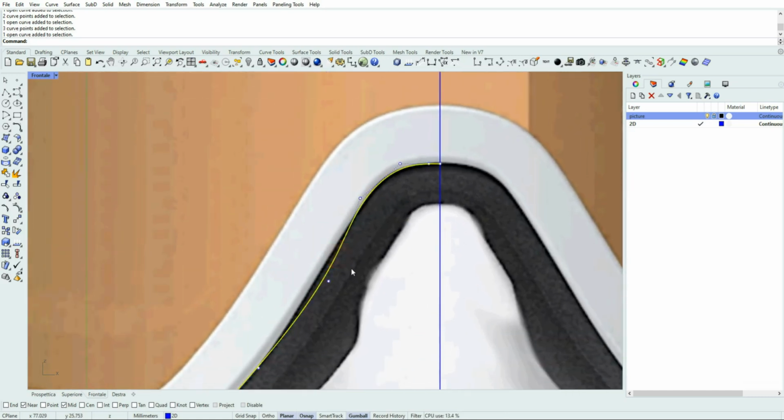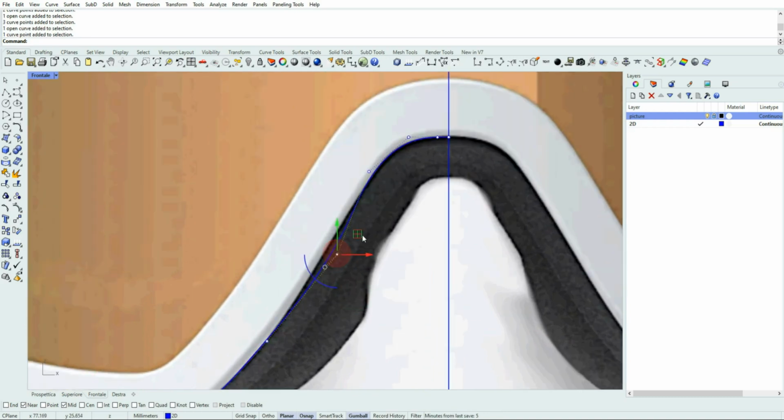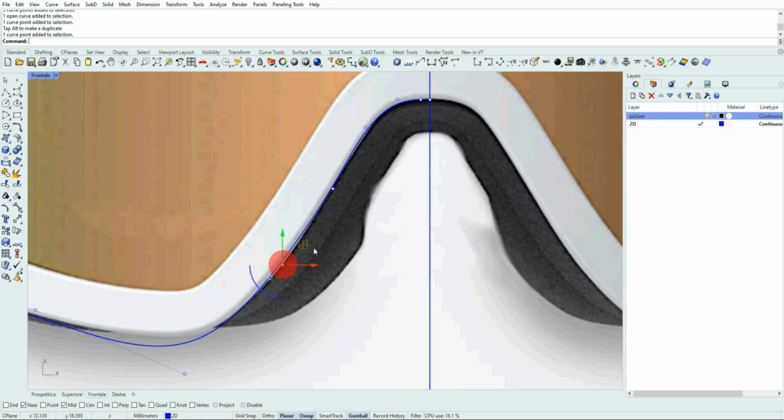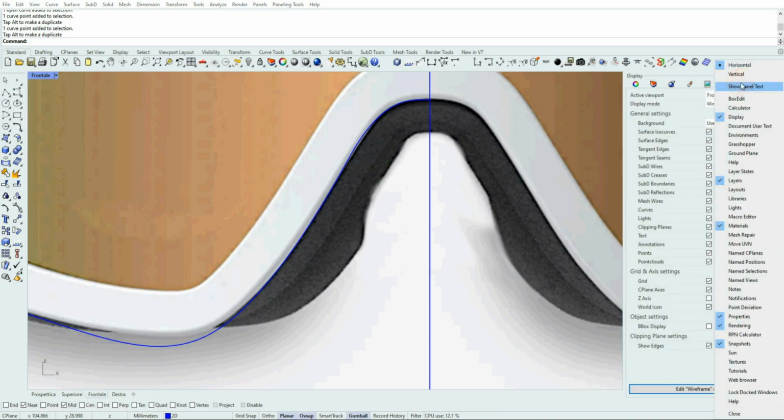After that, I go on with editing control points to fit the shape of the frame as well as possible. It's just a matter of your feeling, your sense of view. Okay.